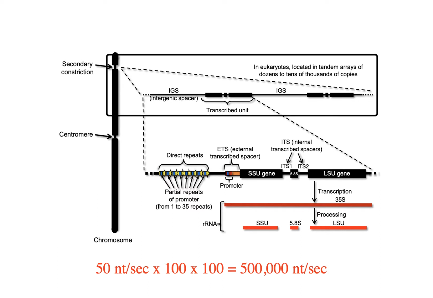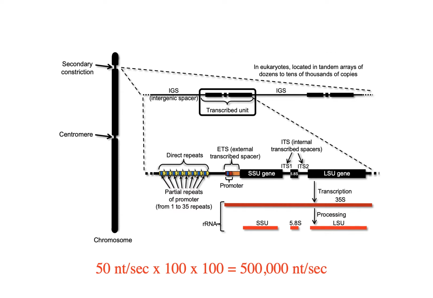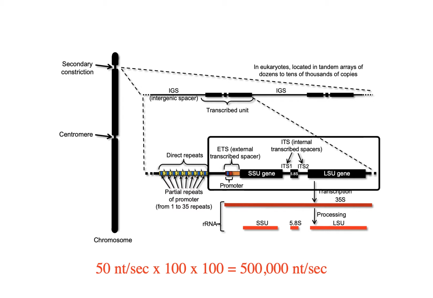If you pull out the ribosomal RNA gene region, it looks like this, where you have a transcription unit here with the small subunit, large subunit, and 5.8S gene, and then an intergenic spacer, and then another transcription unit, and another IGS, and another transcription unit, etc. And so if you focus on just one of those repetitive regions,